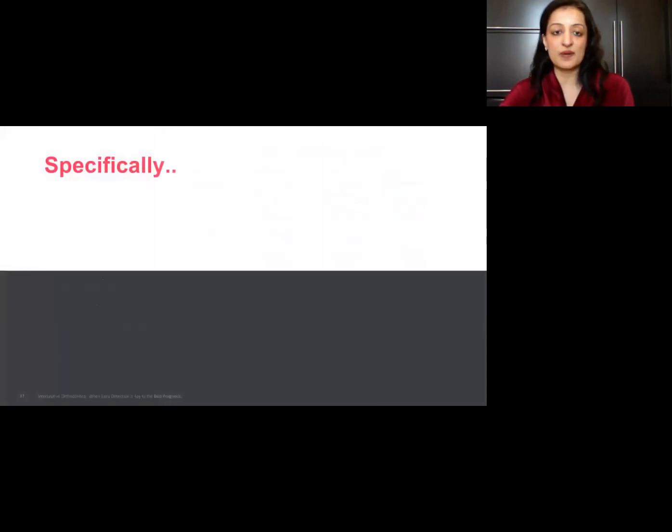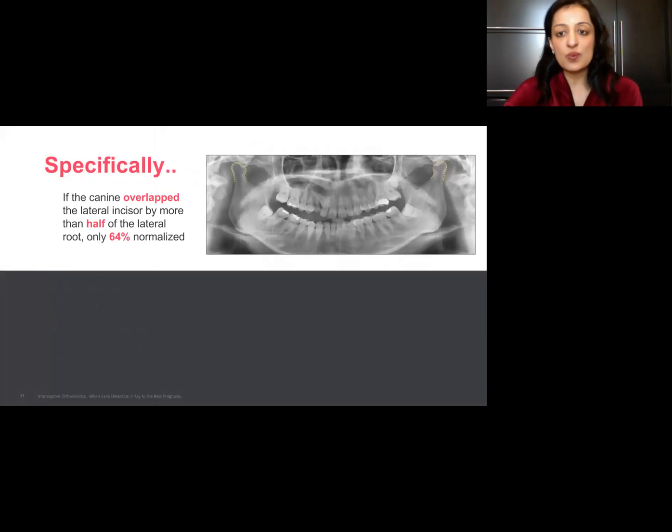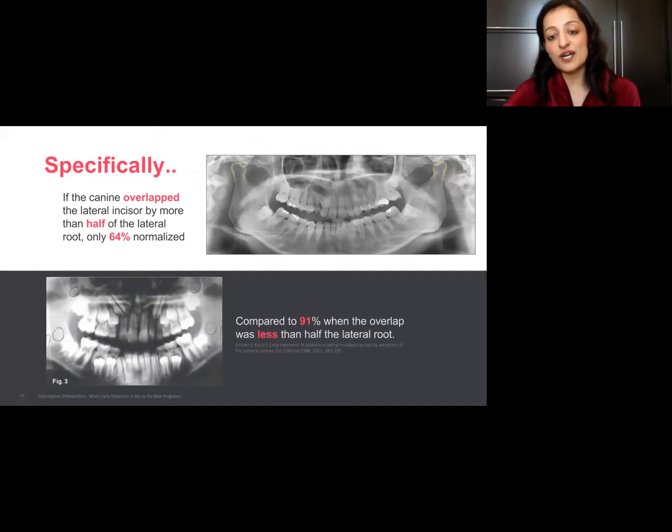So lots to think about there. Specifically, we're talking about the overlap. If the canine is overlapping the lateral by half or more, then extracting the primary canine helped in 64% of the cases. If, however, it was less than half of the lateral root, then 91%